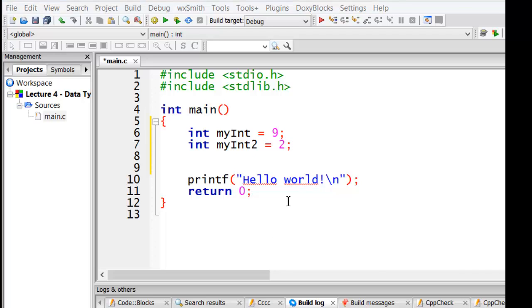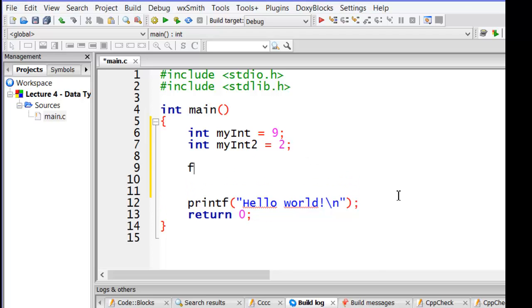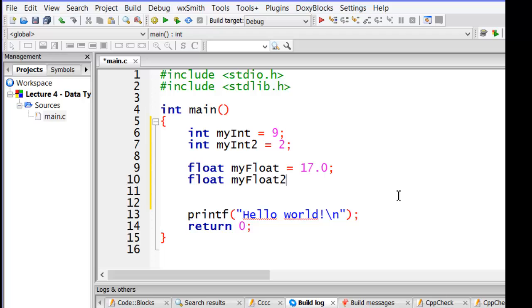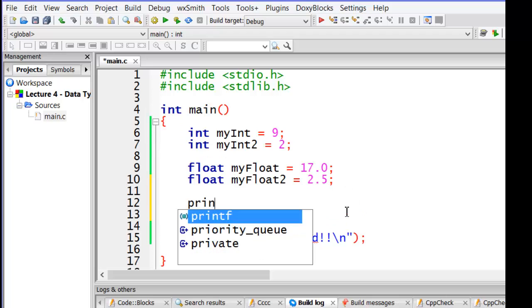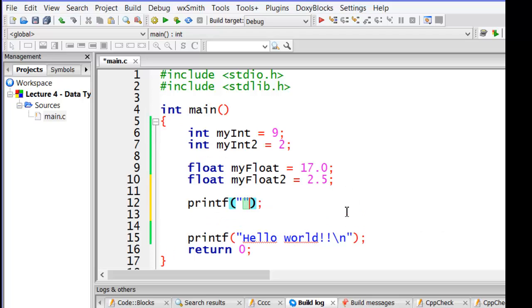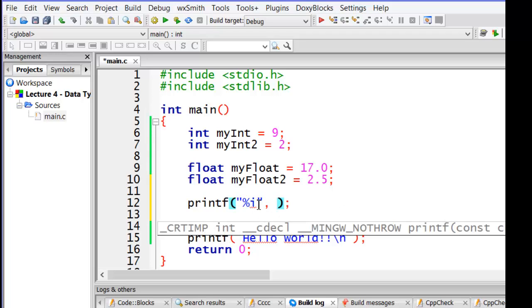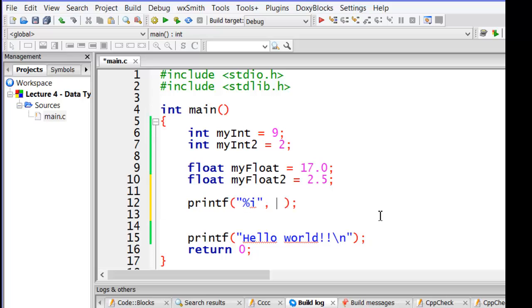Okay, now let's declare some floats. Float my float, 17.0 decimal. Okay, and my float 2, let's say 2.5. Okay, now let's perform some mathematical operations with these two integers first, and we see what happens. Go ahead and printf. Let's do double quotes and do that. %i stands for integer, and fill this %i with some mathematical operations. I'm gonna do division